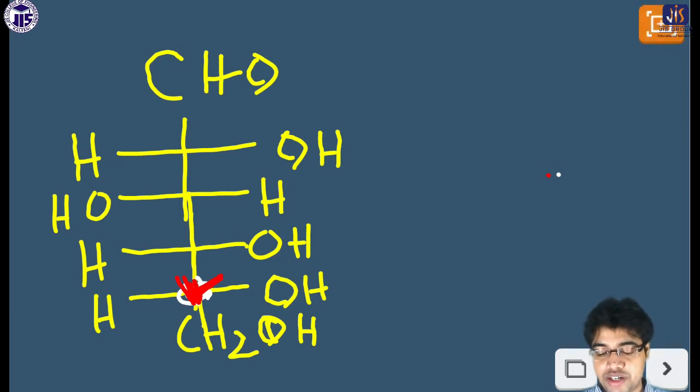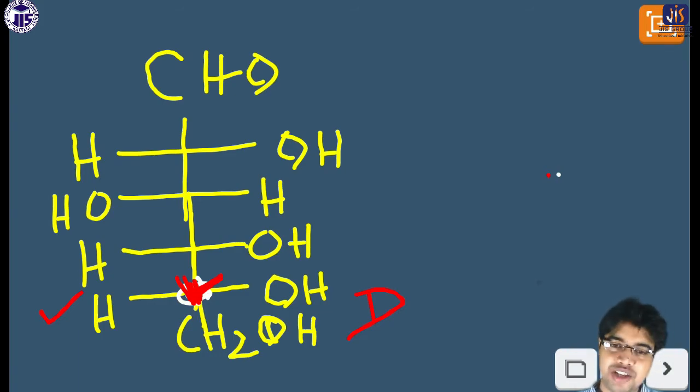So here it is on the right side, so the nomenclature will be D. It starts with D, it's not L. For any compound, if OH is on the left side here, then there will be L. L means left side, D means right side. But we have to keep in mind, if there are so many horizontal bonds, you have to consider the bond of the last chiral carbon. This is very important. So this is an example of your carbohydrate.